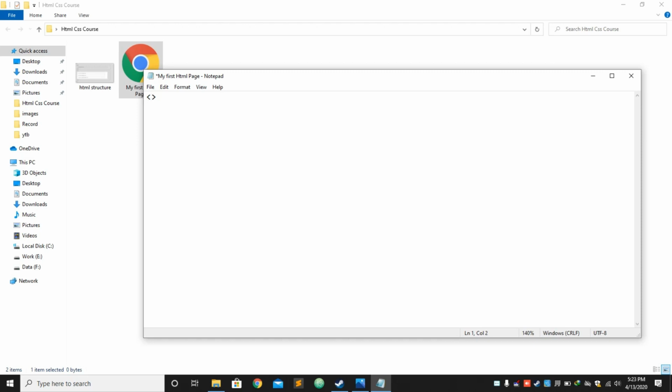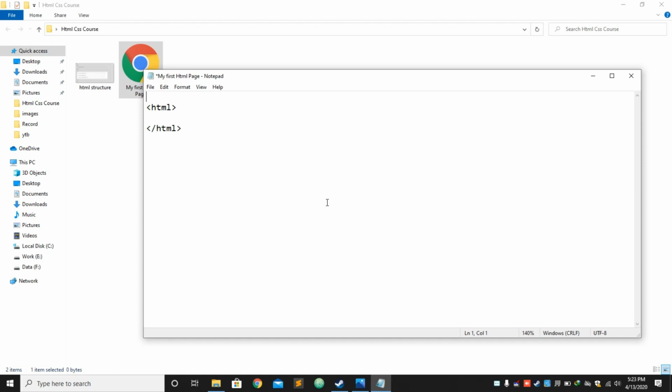Like we have to make our first tag, that is HTML, and now we have to close it using greater than and less than sign, and with this sign we have to also add slash sign to close the tag. Now we have written our first tag.